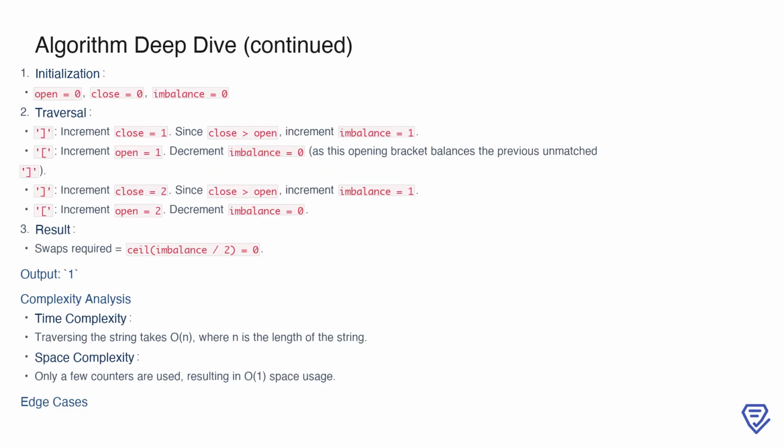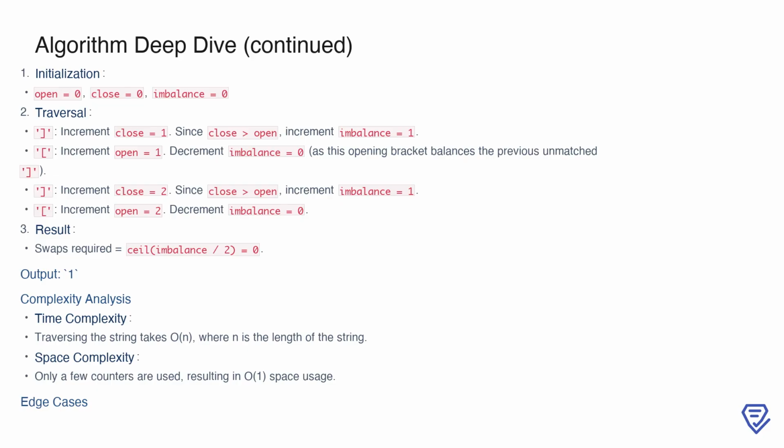Let's walk through an example to see this process in action. Consider the input string. Initially, all counters are set to 0: open equals 0, close equals 0, and imbalance equals 0. As we traverse the string, the first character is a closing bracket. We increment the close counter to 1, and since close now exceeds open, we also increment the imbalance to 1. The next character is